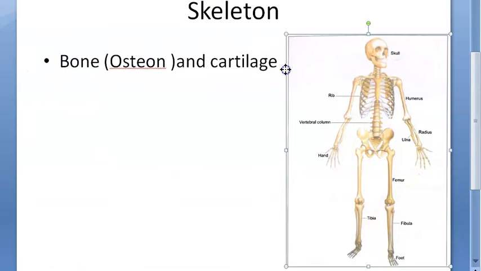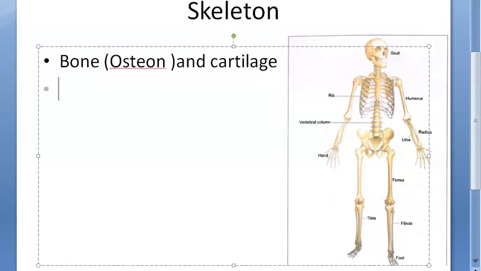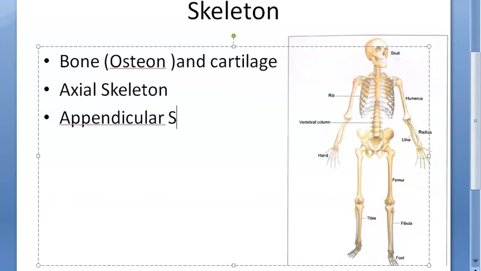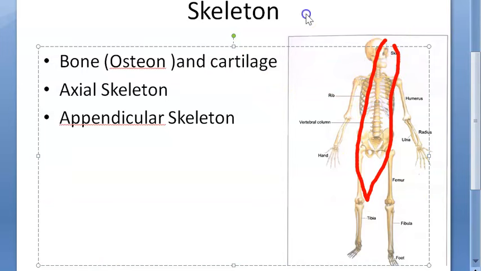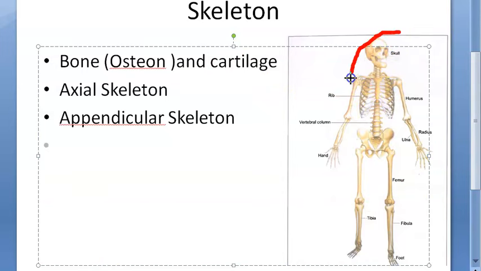So there are some terminologies you should know, called the axial skeleton and the appendicular skeleton. So what is an axial skeleton? That is something that is in the center, isn't it? That becomes the axial. Interestingly, the axial skeleton is only this much. It doesn't involve your hip. It doesn't involve the pelvis. So this is only axial.